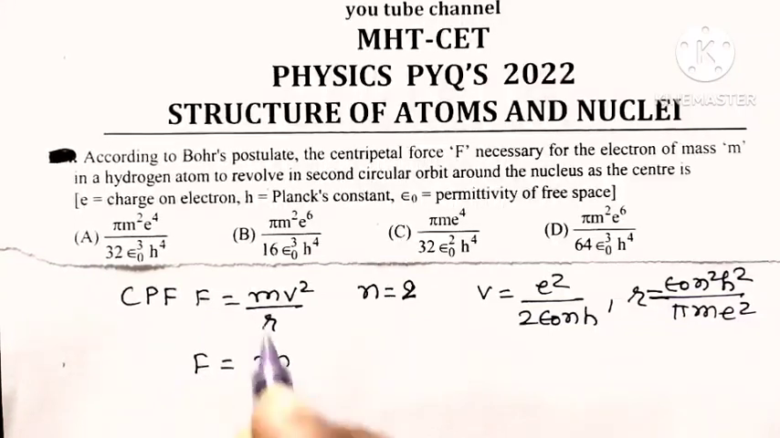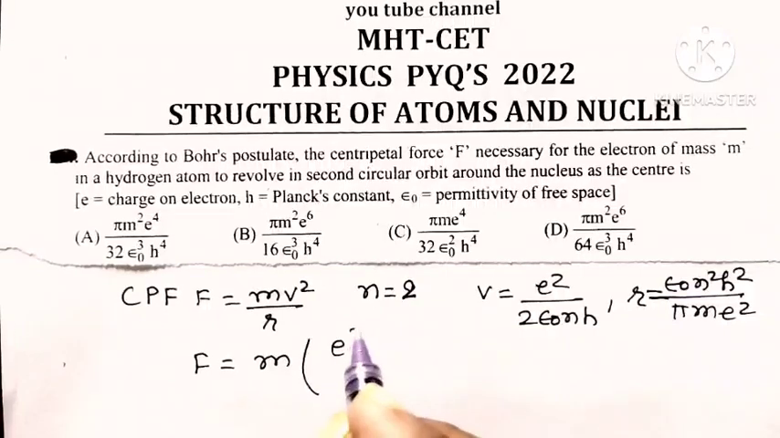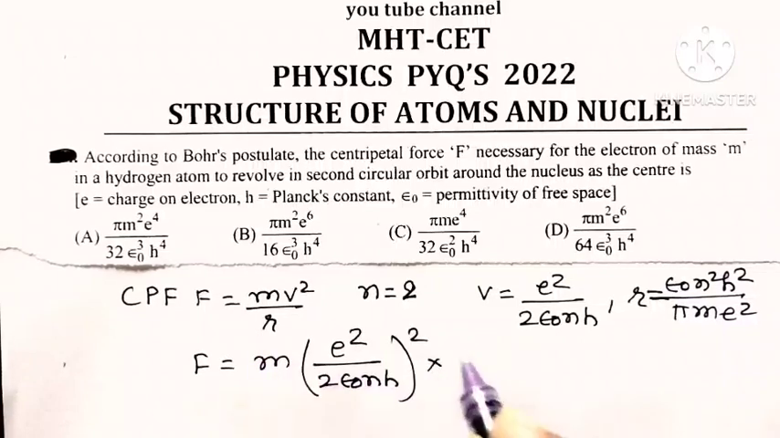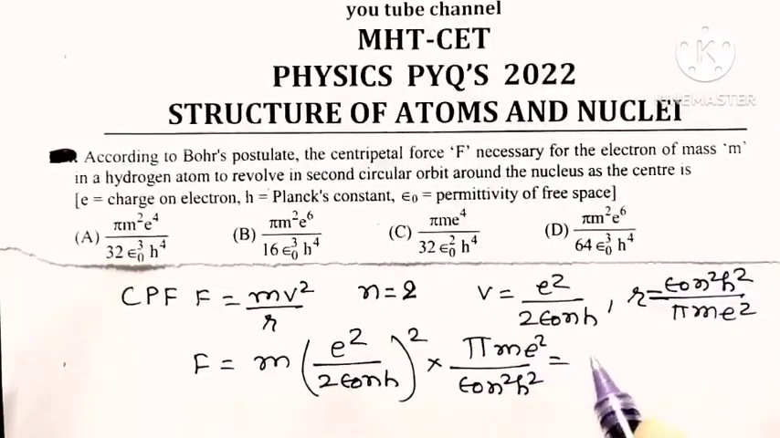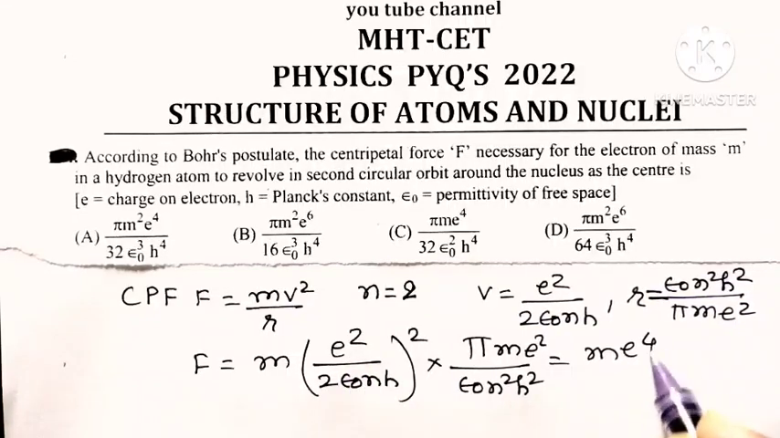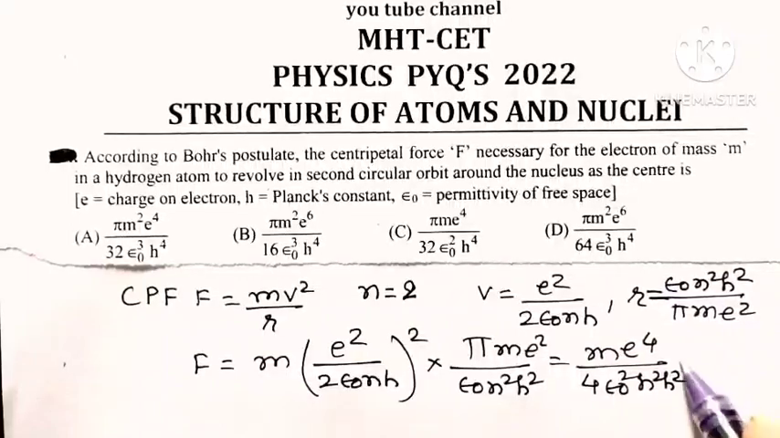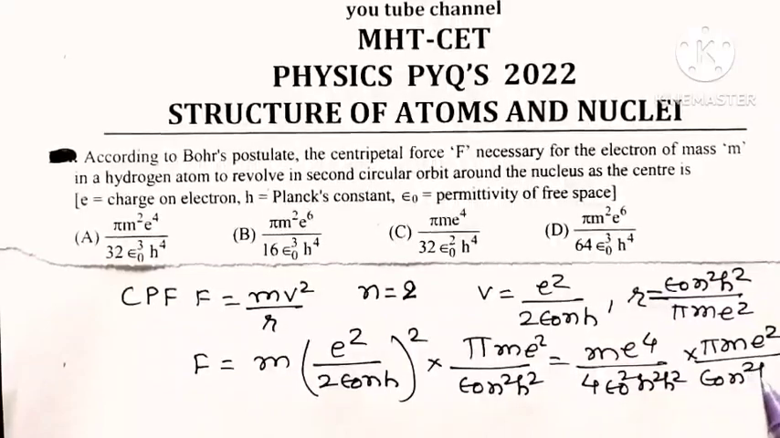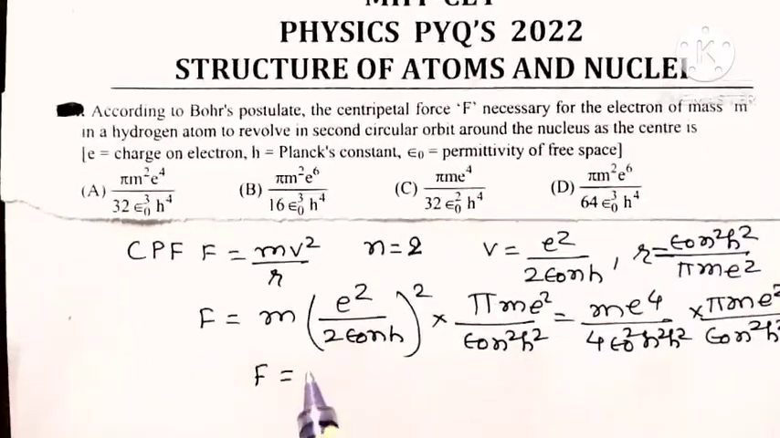So F becomes equal to mass into v square, which is e square divided by 2 epsilon 0 nh whole square, into 1 upon r, which is epsilon 0 n square h square divided by pi me square. So that is equal to m into, now square it, e raised to 4 divided by 4 epsilon 0 square n square h square, into pi me square divided by epsilon 0 n square h square, and if you just simplify it, then you will get centripetal force is equal to